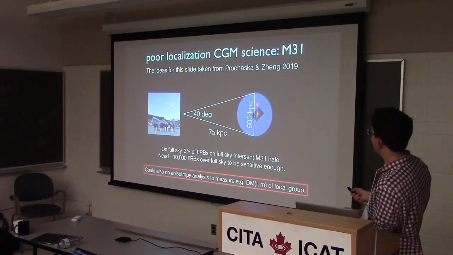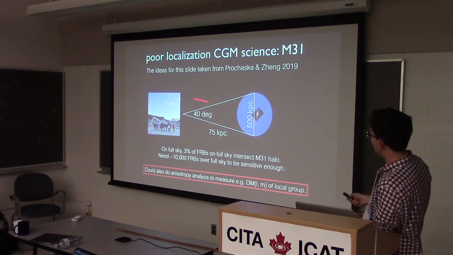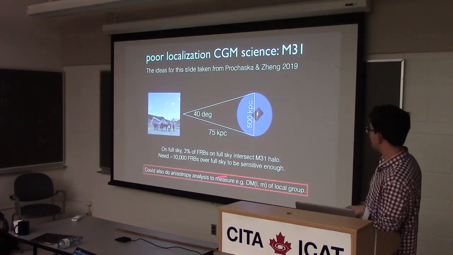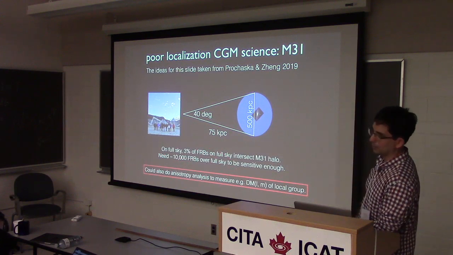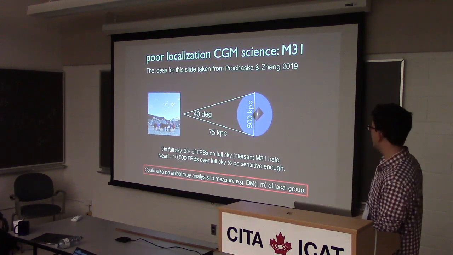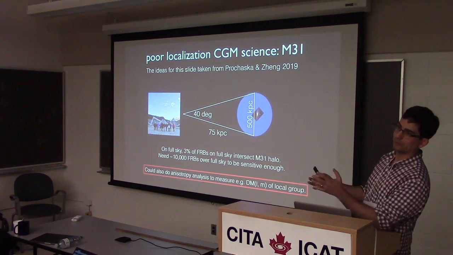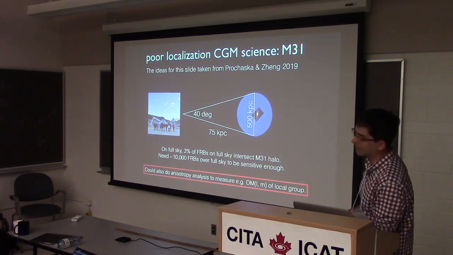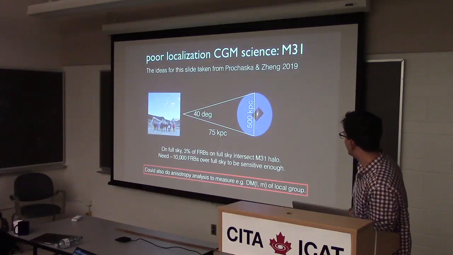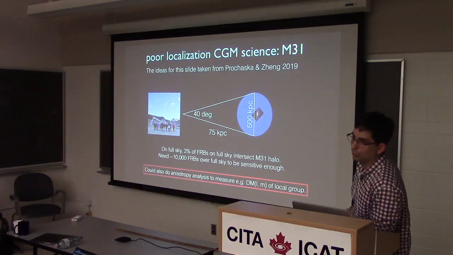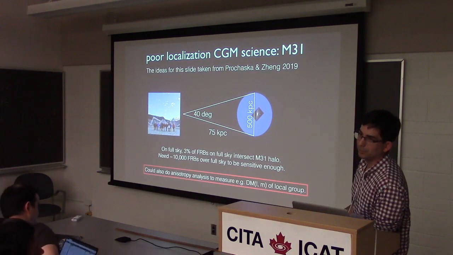It's comparable to the Milky Way in size and mass, so its halo diameter should be something like 500 kpc. And so the halo should be something like 40 degrees on the sky, which is about 3% of the sky. Roughly following through on similar numbers to the previous slide, if you had 10,000 FRBs over the full sky, or better over a more localized region that includes M31,